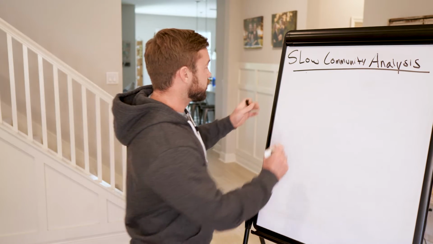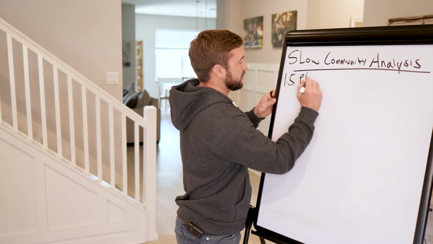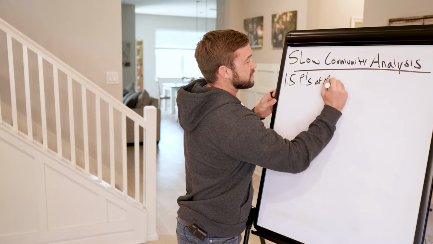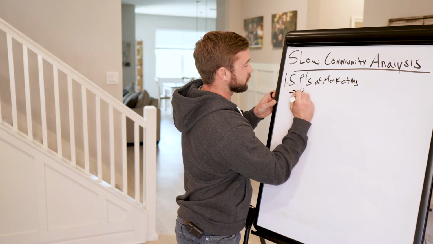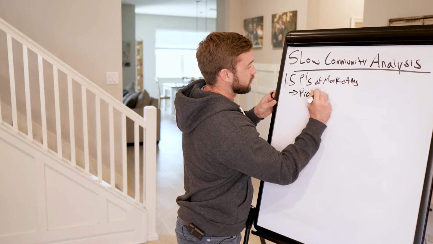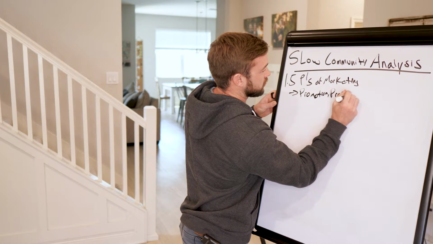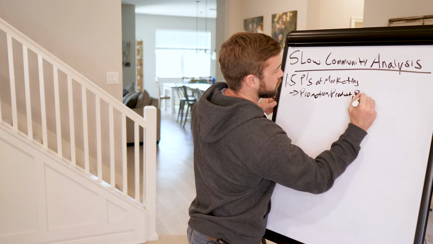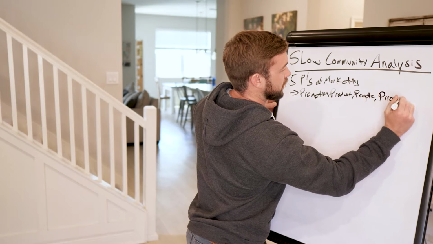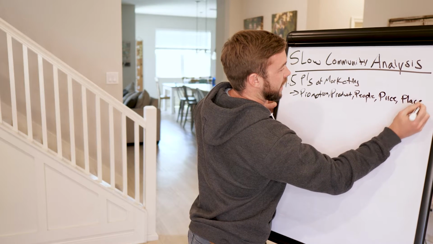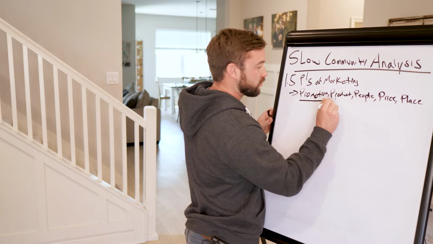So the first thing we need to know is the 5 P's of marketing. This is just a framework for troubleshooting. The first P we have is promotion. Then we have product. We have people. We have price. And then we have place. As you can imagine, we are going to be focusing on promotion because product, we really can't change too